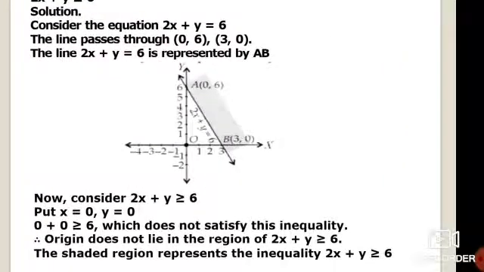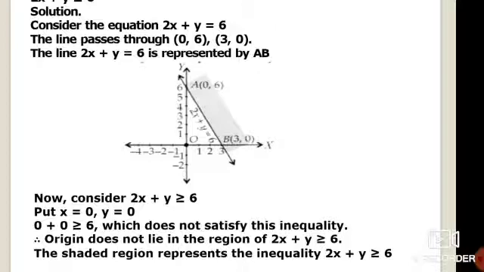Next, 2x plus y greater than or equal to 6. Similarly, you have to draw and mark the points for 2x plus y is equal to 6. So you will be getting (0, 6) and (3, 0). After plotting the points, you check where you have to shade, whether it is towards the origin or away from the origin. Substitute the values (0, 0) in the equation. You have to substitute (0, 0) only, for all the sums.